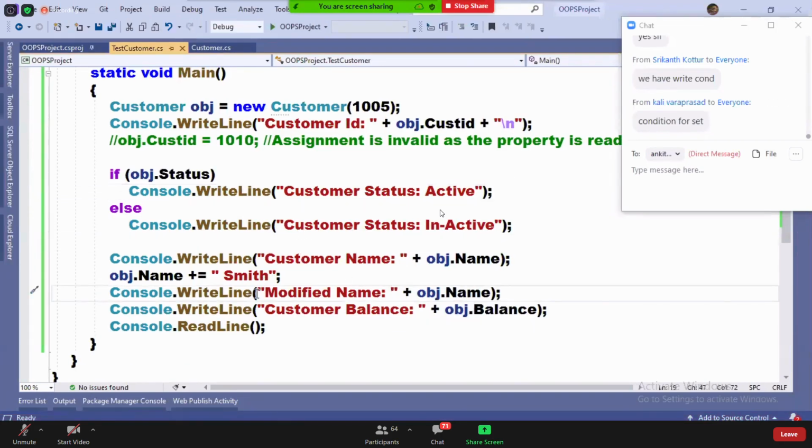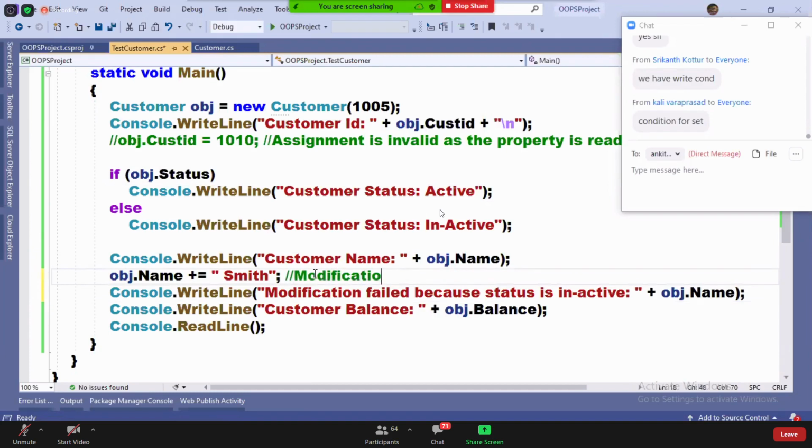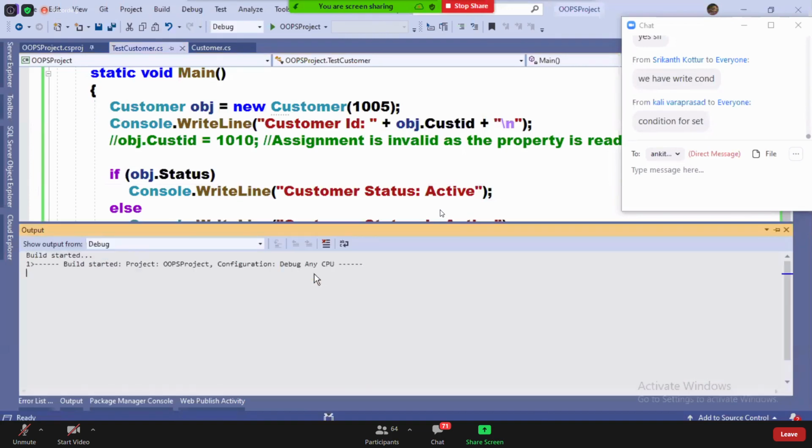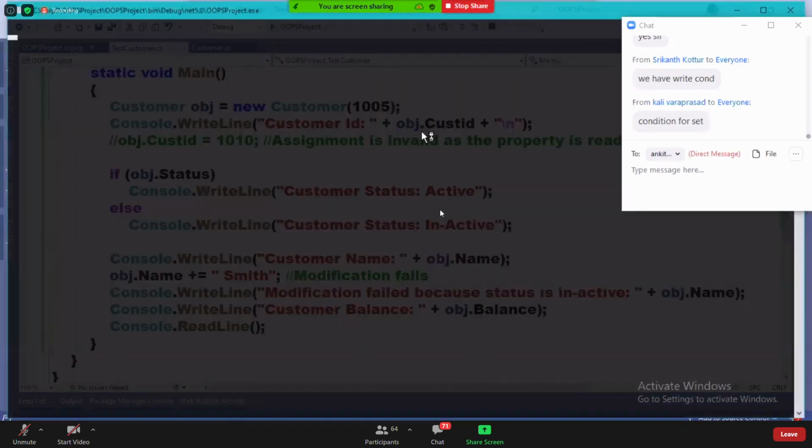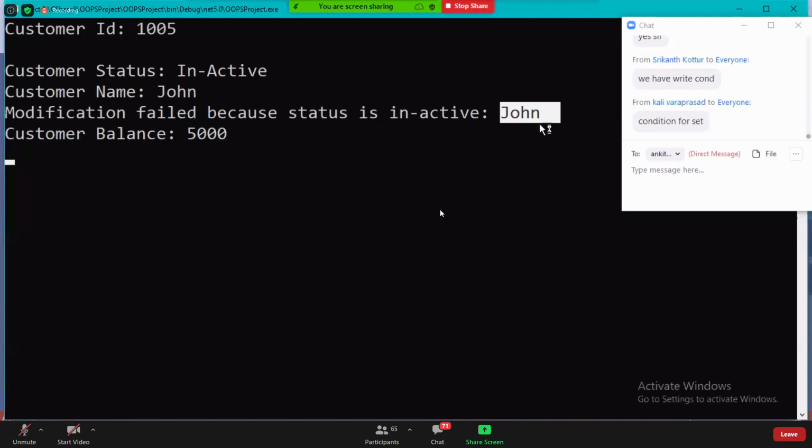Okay, see what I'm writing here: modification failed because status is inactive. So here modification fails, guys. Because the modification failed, the name is still John only. Okay, just a minute, guys.